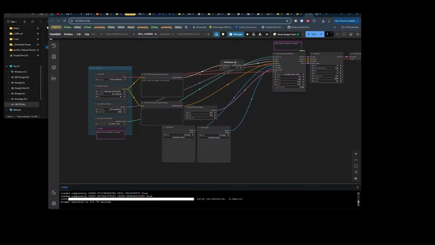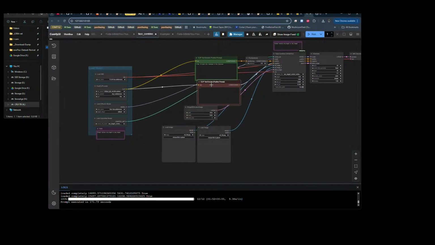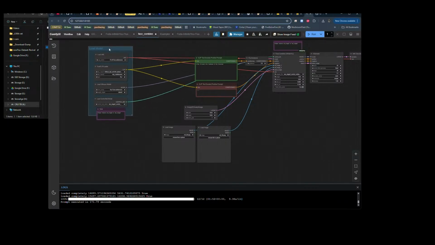Oh no, I made it small. This one actually uses negative prompts though. Look at that, it is actually using it. Normally they're all switched off. Ah well. Like I said, we use